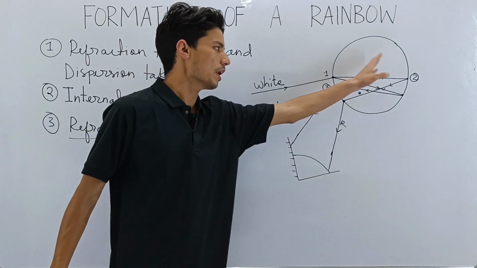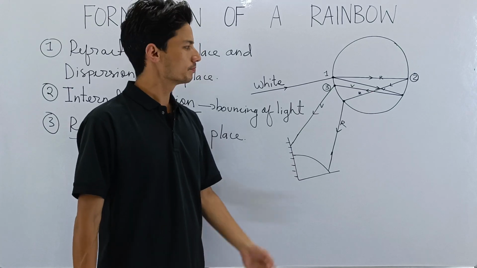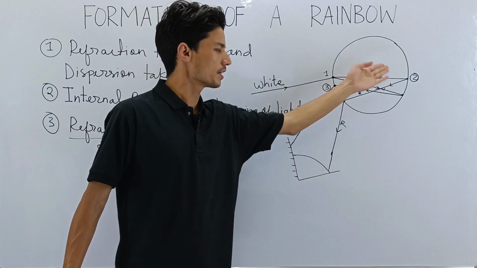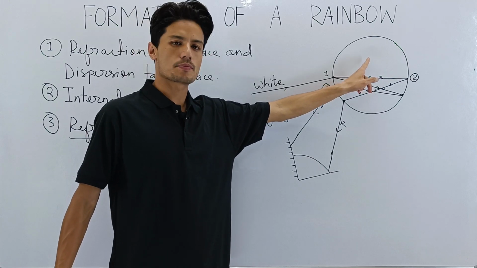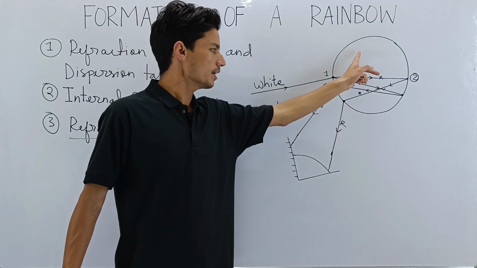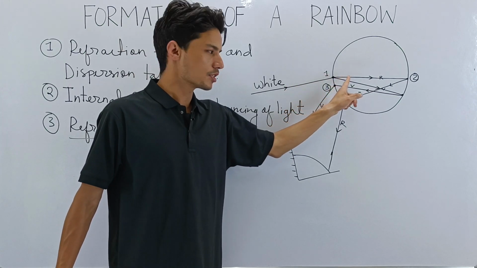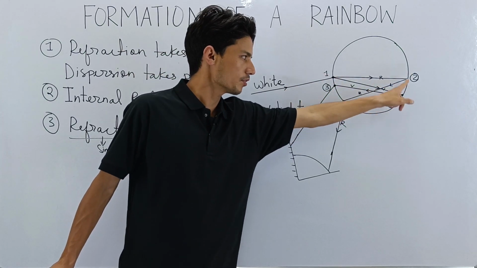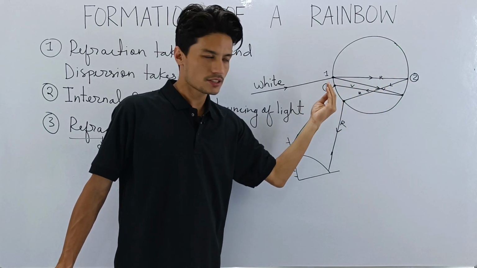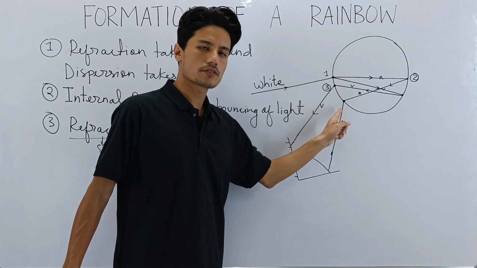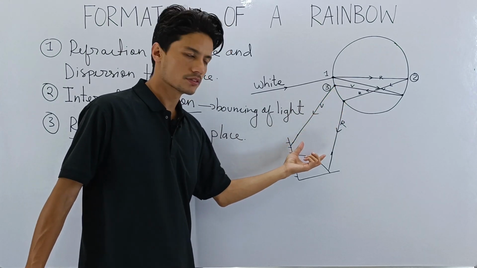This is all happening because of this water droplet. This is what is going on inside a water droplet. See what a phenomenon, isn't it? This tiny drop of water acts as a prism up in the atmosphere, and the ray of light undergoes refraction and dispersion. Then at this point on the other surface of the raindrop it undergoes internal reflection. Then again on this side of the surface it undergoes refraction, and finally the ray emerges